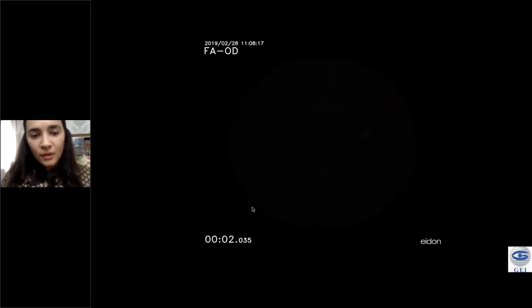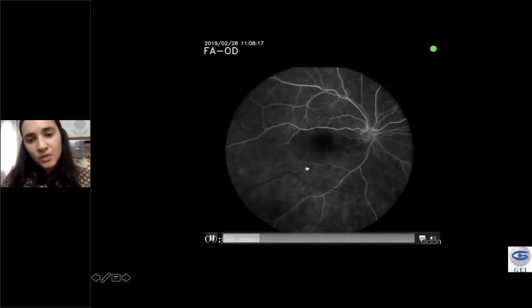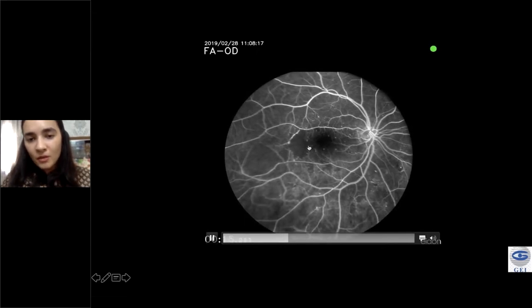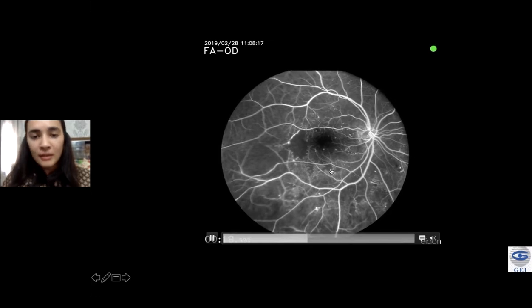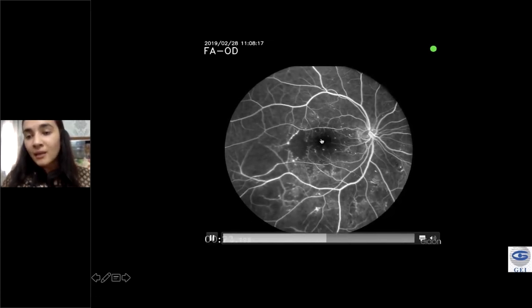So an angiography comes to your rescue. We did an FFA, of course, focusing on the right eye, and you see there's circulation, with dye entering in the superior part. However, close to the fovea, temporal to the fovea, you have these non-filling patches, the CNP areas. So there is an extensive amount of macular ischemia.